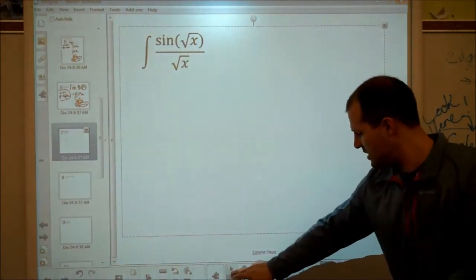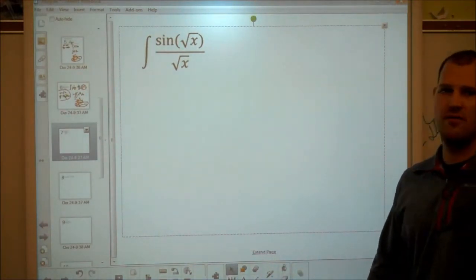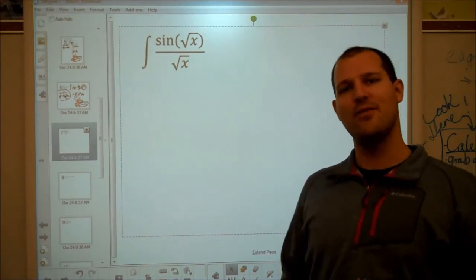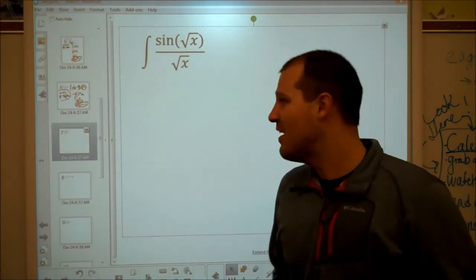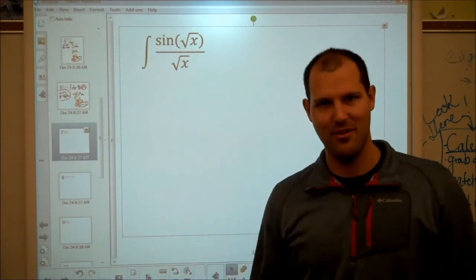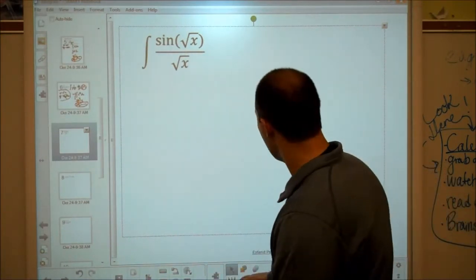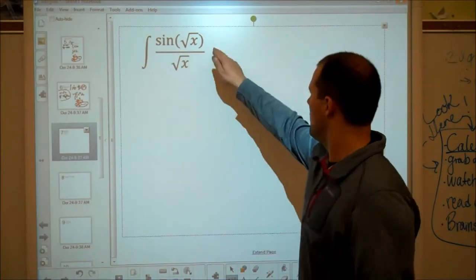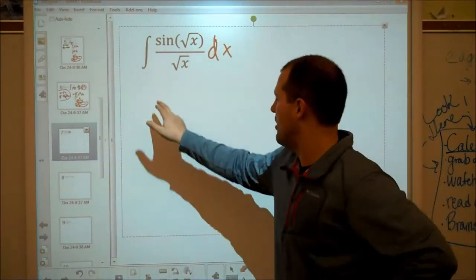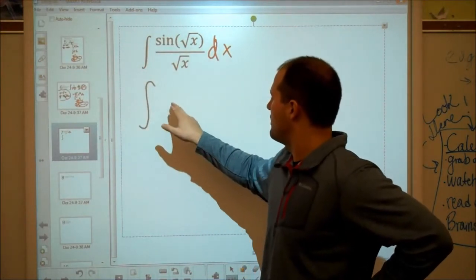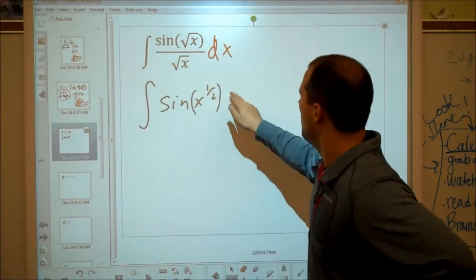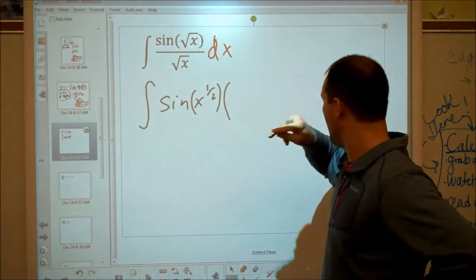Alright, now we'll get into ones that have little tricks to them and are just a touch more advanced. Okay, so a lot of new students, when they look at this, they get a little bit panicked because they look for something and its derivative. And it looks like we have root x in 2 places. Well, root x is not its own derivative, and so we get a little panicked. I think I can write this in a different form. Don't forget your dx. I think I can write this in a different form that might be a little bit easier to interpret. So what if I write it as sine of x to the 1/2 multiplied by x to